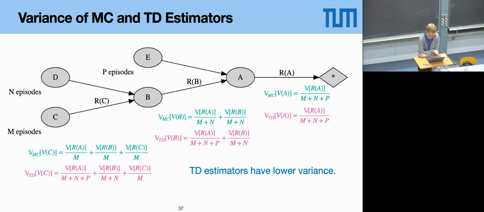Also what's useful to keep in mind is that this kind of structure of this Markov reward process is of course part of larger Markov reward processes. And I hope you can see the trend here, that the difference between the temporal difference learning and Monte Carlo estimators gets bigger the longer these Markov chains get. And in the case that you have only a final reward, then these expressions differ the most.